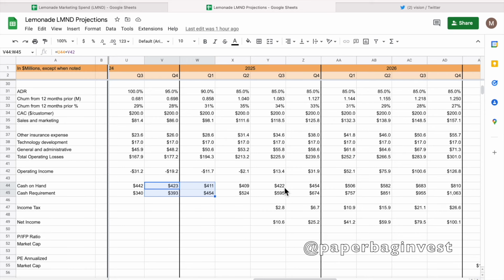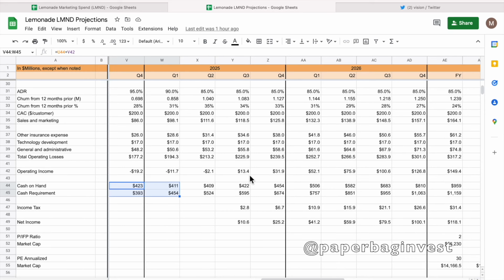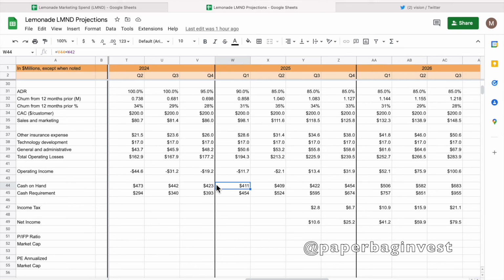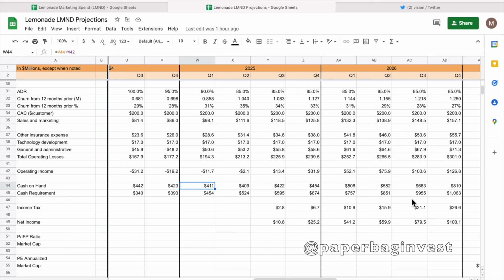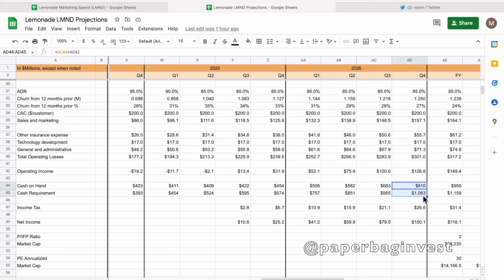Then they could have a positive operating income maybe later in 2025. I think that is certainly possible. Maybe they get a bump of cash in here, right? Maybe they raise a few $100 million somewhere around this point, so that they get above this threshold that they're going to meet. So that you can see the difference here. They're a couple $100 million short, a couple $100 million short, a couple $100 million short. So maybe they're going to raise like $300-400 million at that point. Not sure. That certainly might happen.